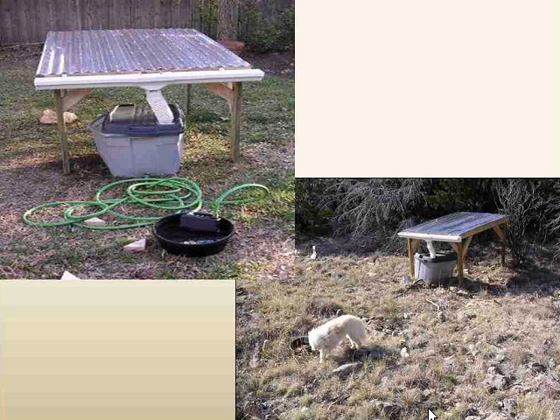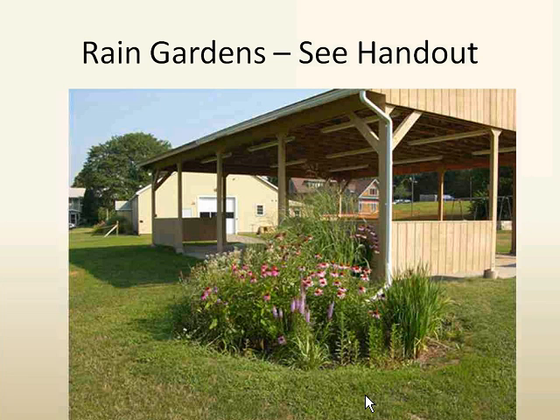Another picture that John Fripp gave me is this small system where you've got a little bit of a roof that's going to provide a little bit of drinking water. I think John was using this as a demonstration in Afghanistan as a way to provide some drinking water in a very arid region.